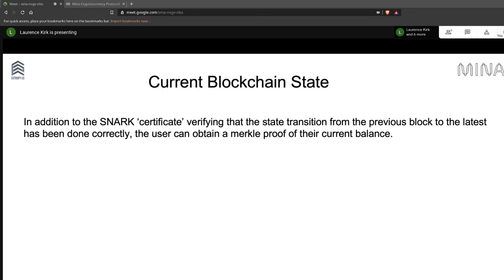There are nodes within the Mina system that do hold effectively the accounts of people, so you can hold the current state. And we also use Merkle proofs, so you can have a proof of your state within a Merkle tree of all of the accounts. But unlike Ethereum, we are just holding the current state here. We're not holding all of the intermediate states since the start of the blockchain, and that would be huge. Yeah, in Mina, we just hold the current state.